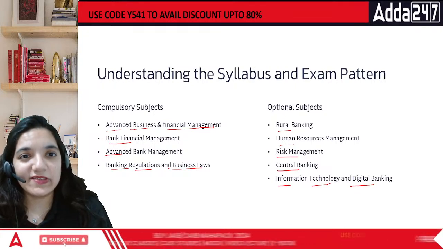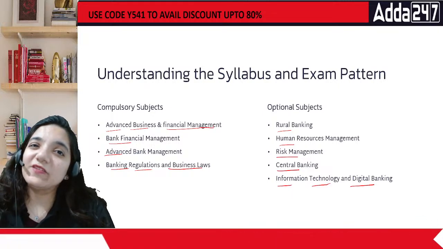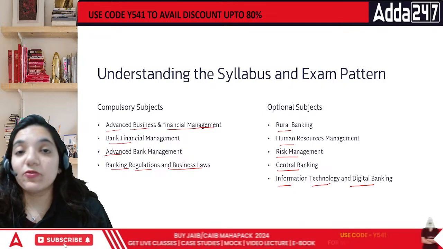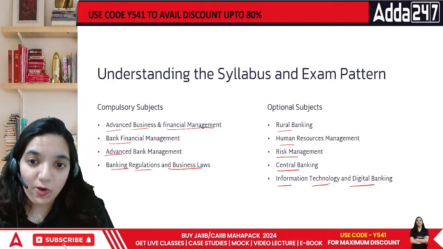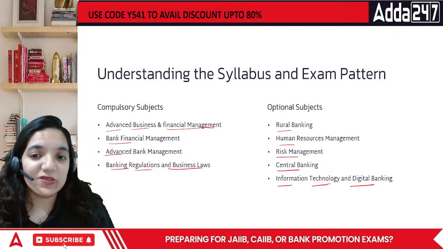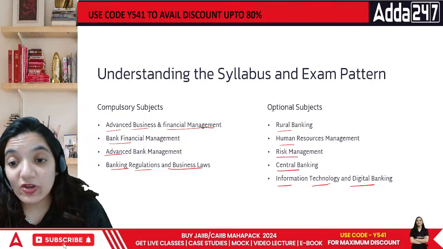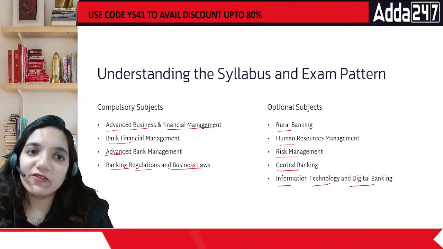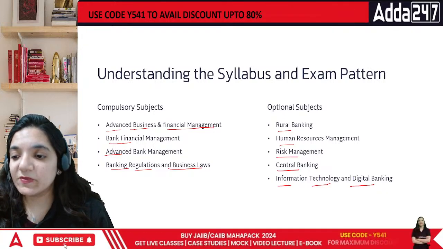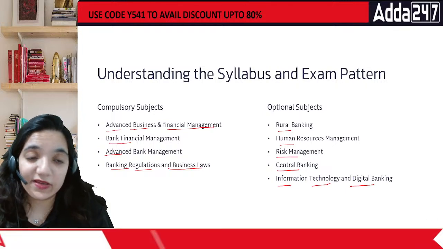Now, when we talk about all these subjects, see one particular area. Since we're talking about the tips and tricks now, always be very clear about what is your optional subject. For that, what you need to do is look out for the syllabus of each and every optional subject. Rural banking syllabus, then we have human resources management, HRM, then risk management. Just go through the syllabus of each and every one of these individually. Once you have gone through individually, then your overall confidence and knowledge about the particular topic will increase.